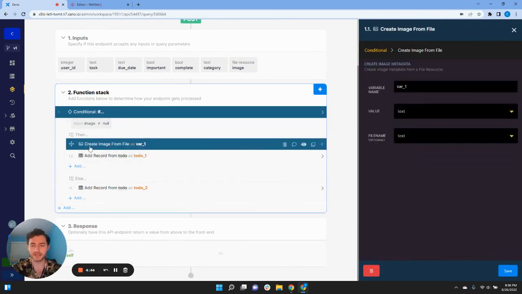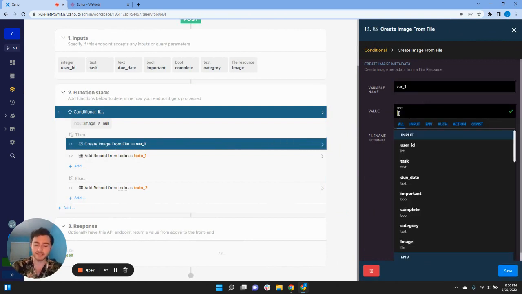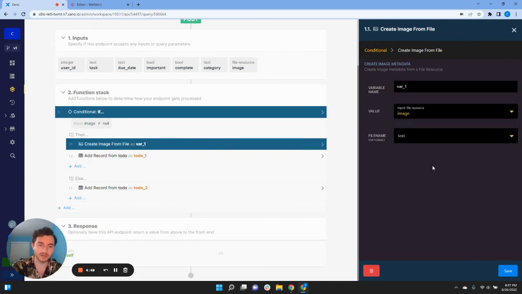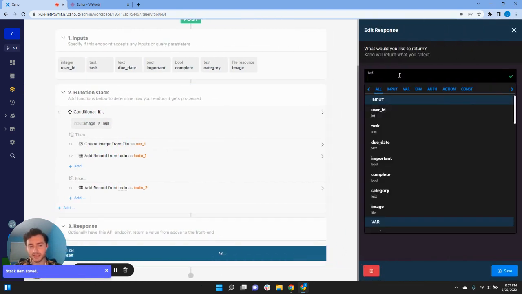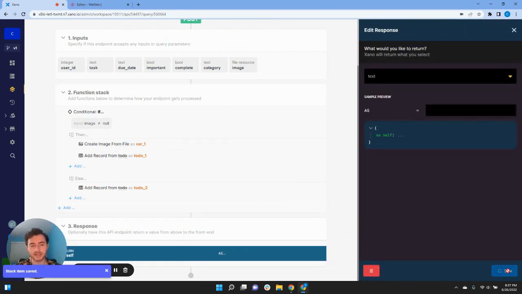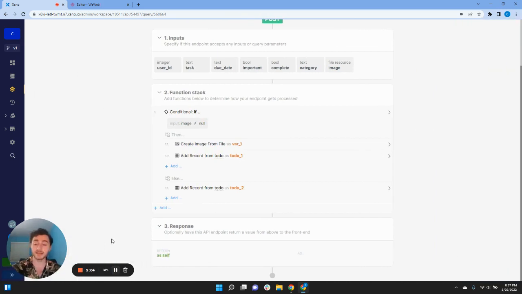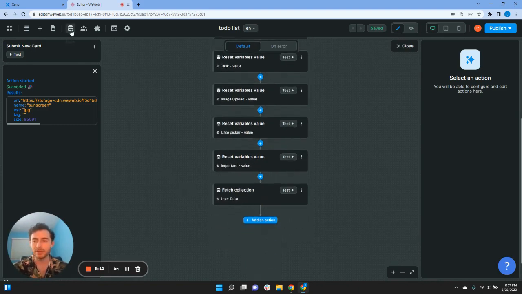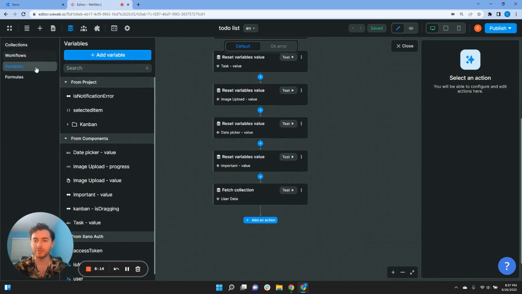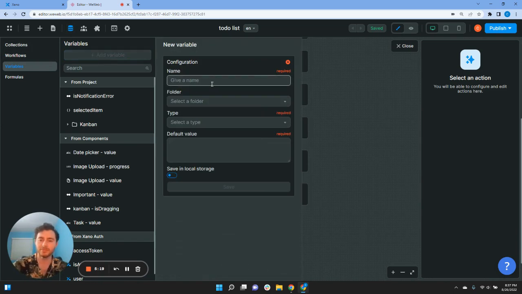And that is first, in this create image from file, I forgot to actually set the image file as our value. And that's very important. And another thing is you'll want to delete whatever's in here and just save it just like that. The last thing we'll want to do in order to get this to submit is head back over to WeWeb, and we're going to actually create a variable. So right here under this little button, create a variable, and we're going to call it get category,